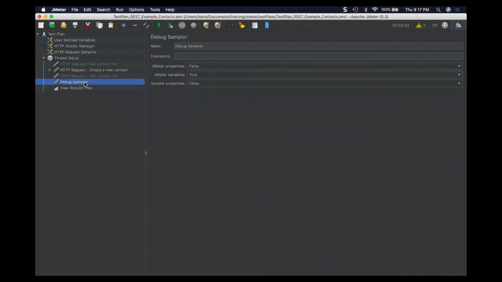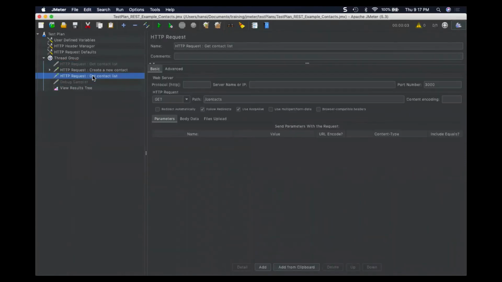Now I don't need the debug sampler, Control T to disable it, Control T to enable it, and get the new contact details.